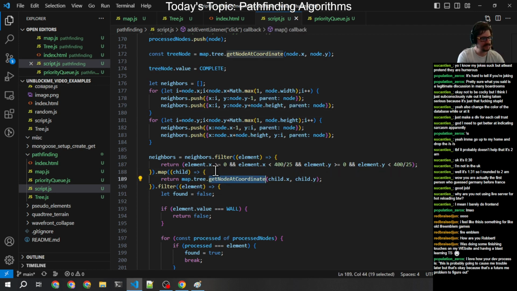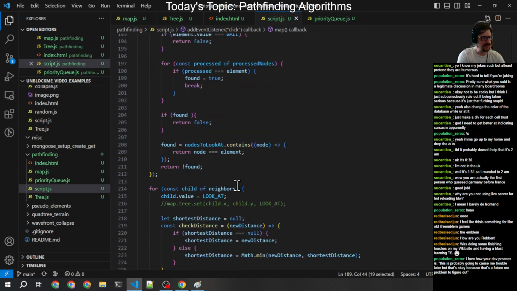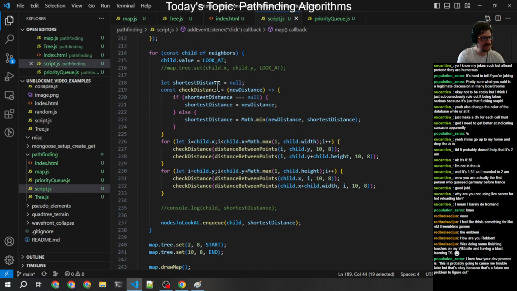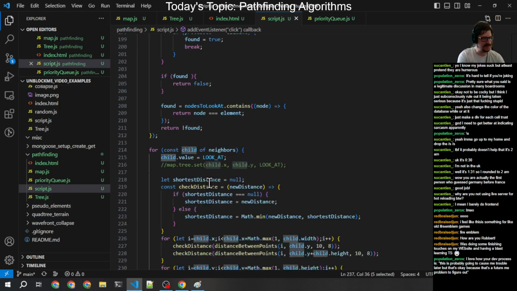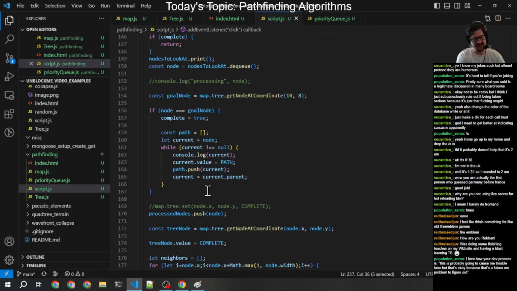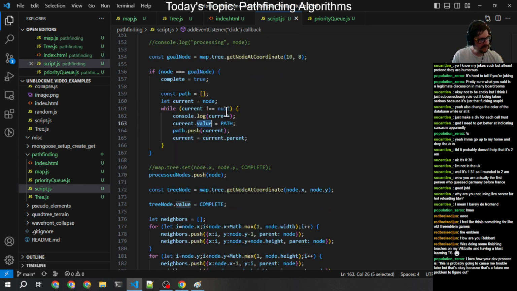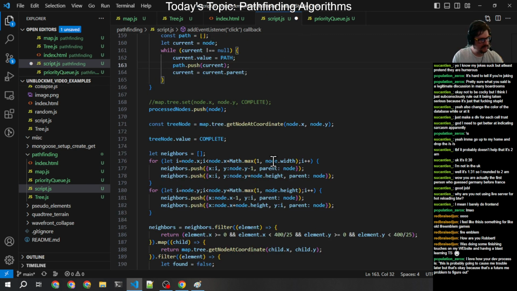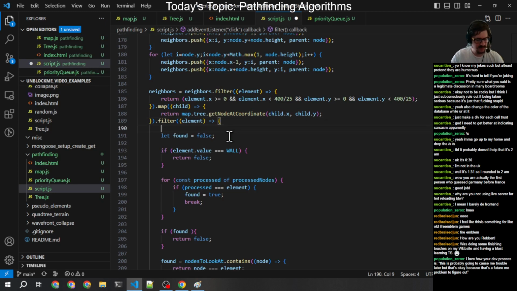The other thing is I don't entirely like putting the distance on the child. Well, I guess we're not doing it anymore, but at some point we were putting the distance on the child. It'd be nice to be able to set some data on the tree that can get overridden, because the thing is, this is the map. If I put data on this, it's going to be there forever. So if I put pathfinding data on that, it's kind of messy because it's just stuck there. So what I kind of want to do instead, well, no, maybe that's all right. So let's just say